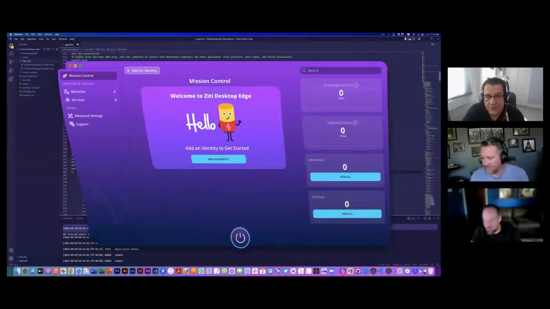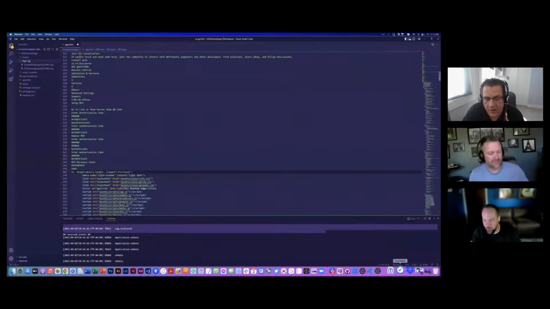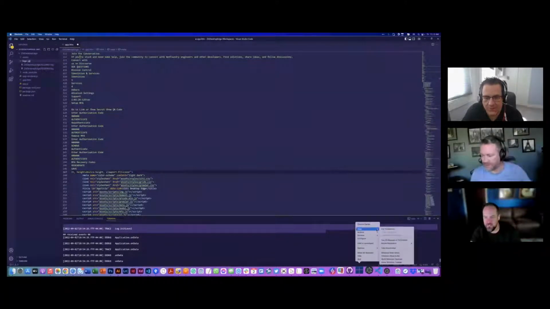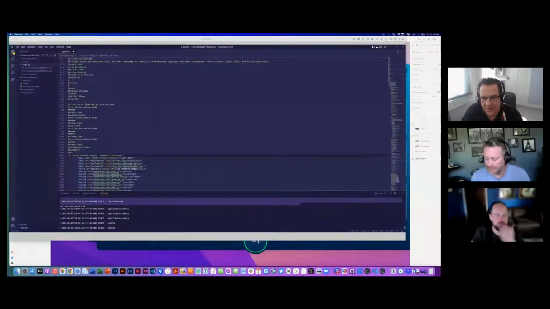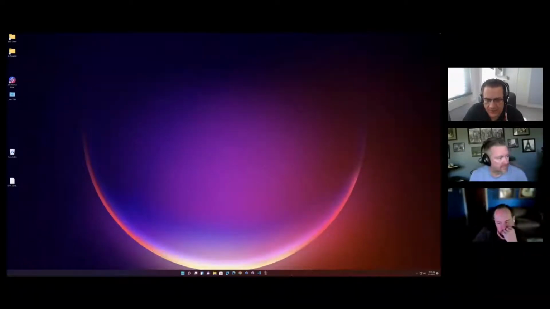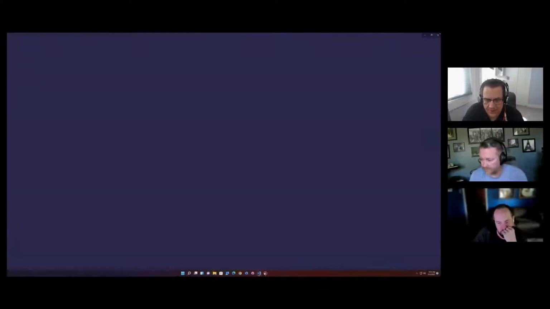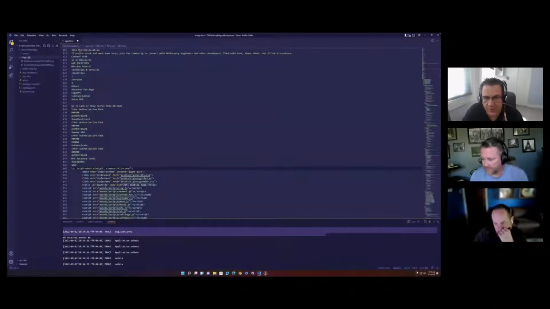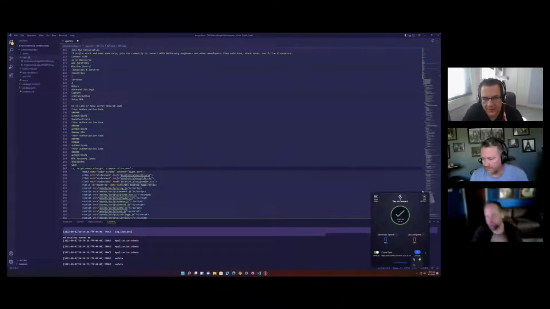Oh, so that's an important point, right? Architecturally, the ZD Desktop Edge for Windows is composed of three discrete pieces. One piece is the UI, one piece is the data service, as I refer to it, and one piece is the monitor service. The monitor service is responsible for determining if there are upgrades, applying the upgrades, and that sort of stuff.